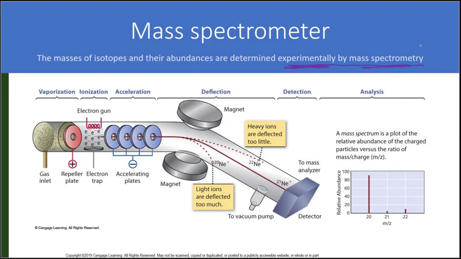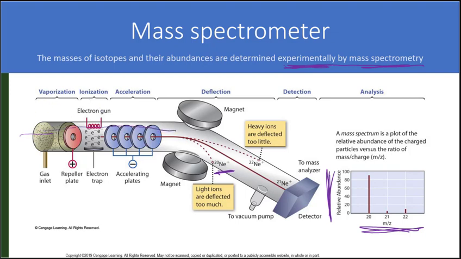We will not be performing the experiments with a mass spectrometer, but that is how these are determined. A mass spectrum is a plot of the relative abundance of the charged particles versus the ratio of mass to charge. We can see the abundances on the y-axis, and the mass to charge. Our neon gas that we are inspecting is going to go into the mass spectrometer, and it's going to